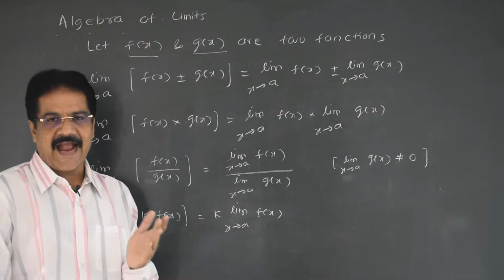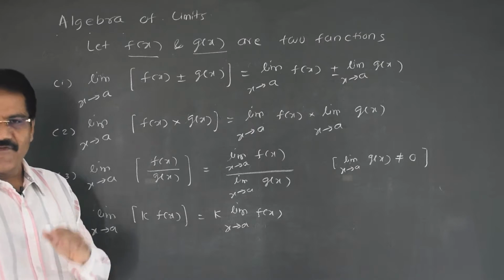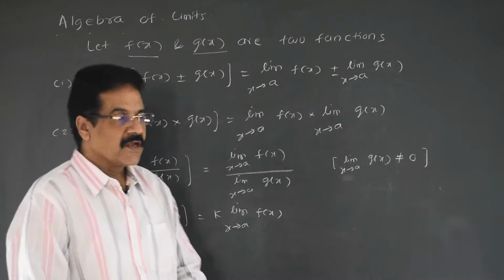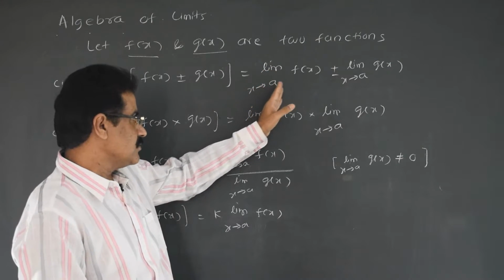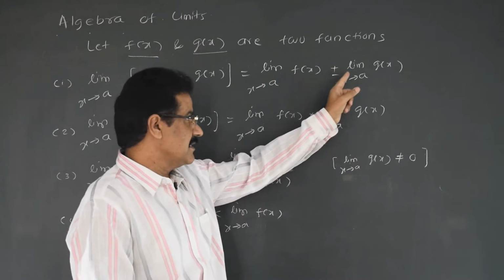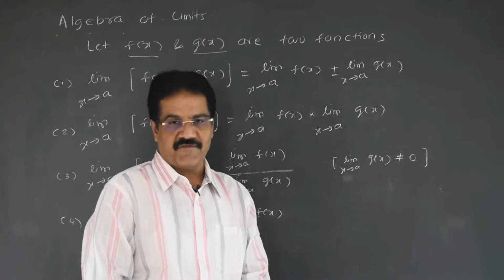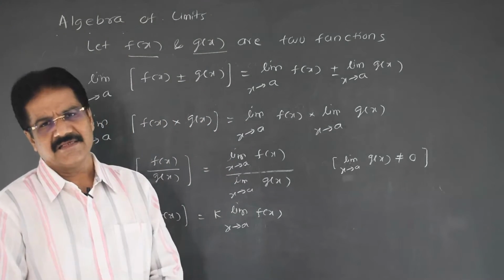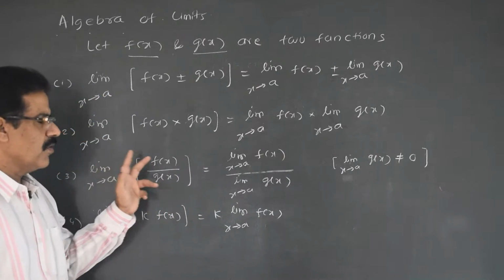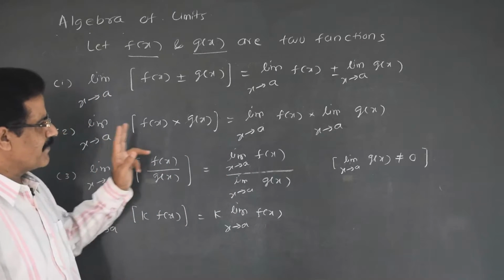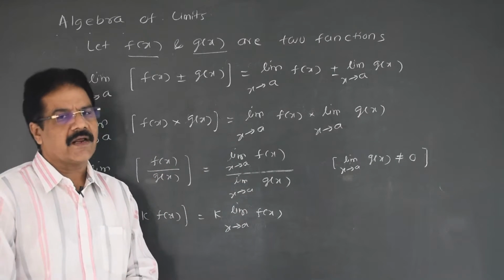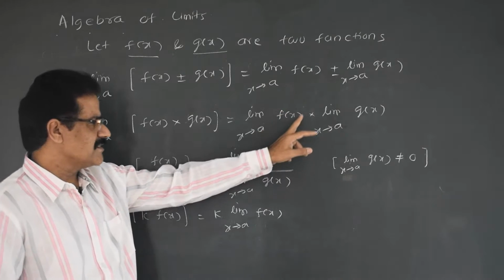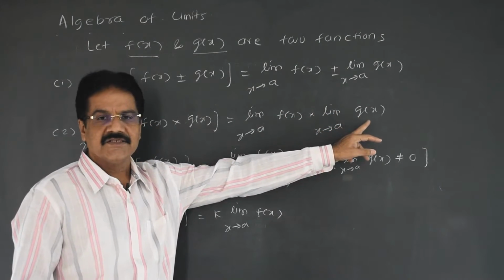Whenever there is addition or subtraction, first of all you are going to separate the two functions in this manner: limit as x tends to a, f of x plus or minus limit as x tends to a, g of x. Whenever there is multiplication or division, again we are going to follow the same concept. We are going to separate the functions and then only you can take the limits. So here, limit as x tends to a, f of x, limit as x tends to a, g of x